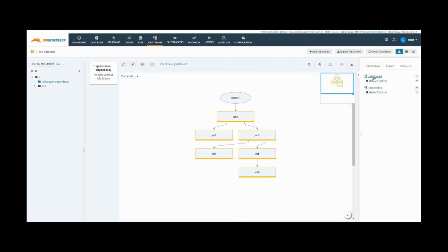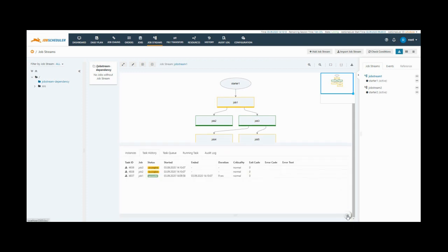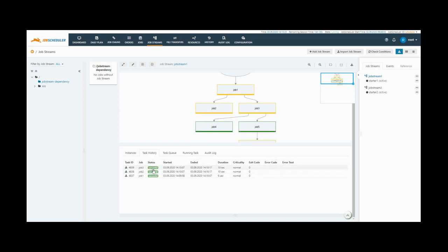because it requires it from job stream 1. So we click on job stream 1 and start job stream 1 from the starter action menu. Here our job stream 1 is started. Once job 5 is complete, job stream 2 will start. From the history we can see each job. Click on any job to view the history over here.